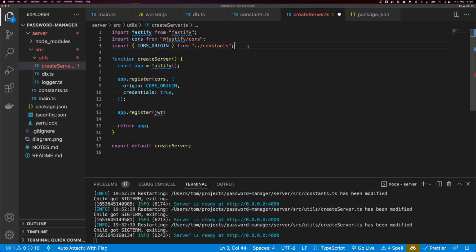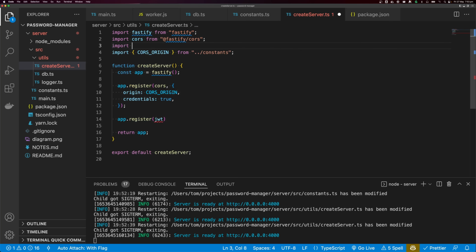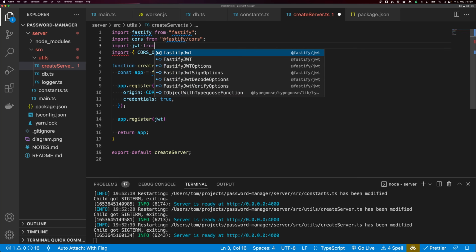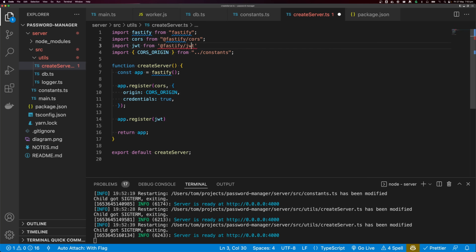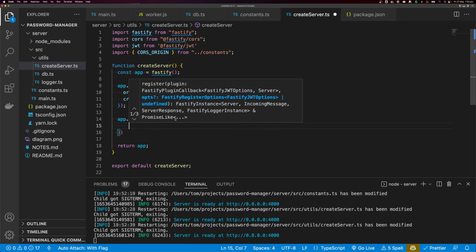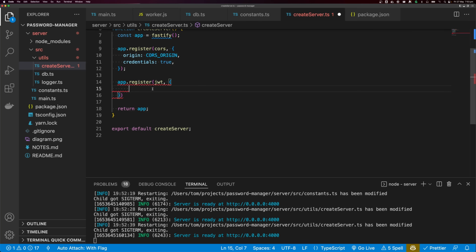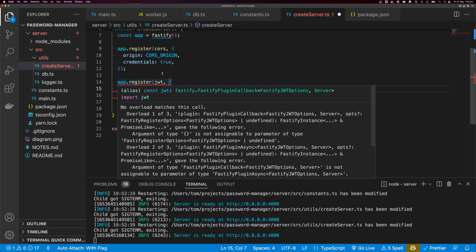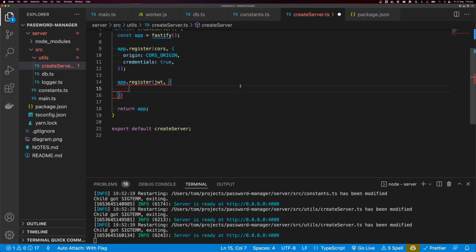The next plugin I want to register is JWT, so I'm going to say app.register JWT, and we of course need to import JWT. So import JWT from @fastify/jwt. We want to give this some properties as well. You can give Fastify JWT a secret that is just a string, but we want our application to be extra secure, and so we're going to use public and private keys. So I'm going to say secret,